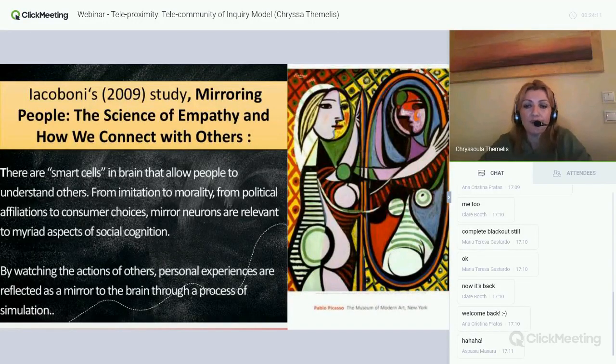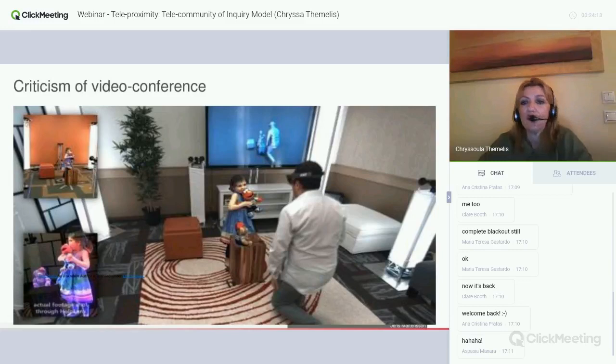Now going back to video conferencing. Of course, some people say that video conferencing gives you an idea of the person, some hand gestures, smiles and facial characteristics, but you don't have the full body. Of course, now we have teleportation.